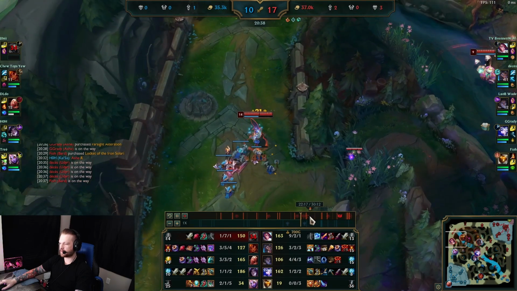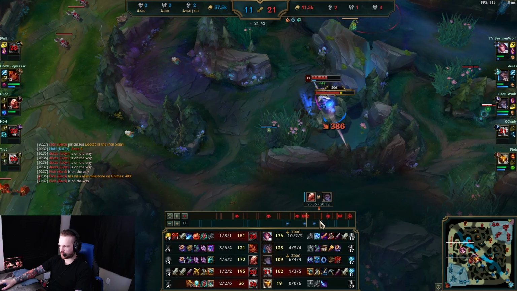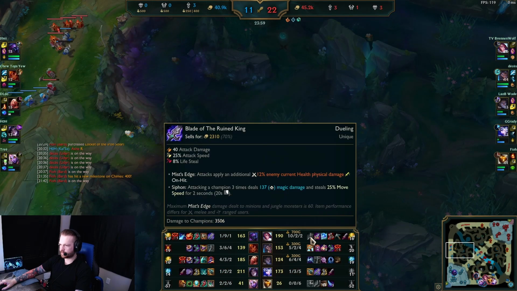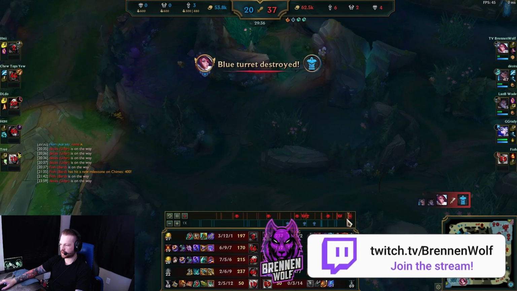Like I said, this is a build that I don't want to show off too much because it is not ideal. It just works really well if you're ahead and you can go Bork, Maul, Frozen Heart. And I was kind of trolling this one on stream a bit. I was like, I'm just not going to build a Mythic, so I just didn't bother building one. But once again,